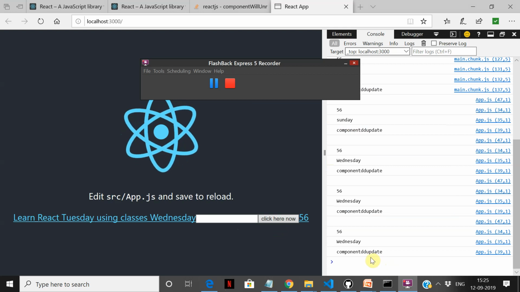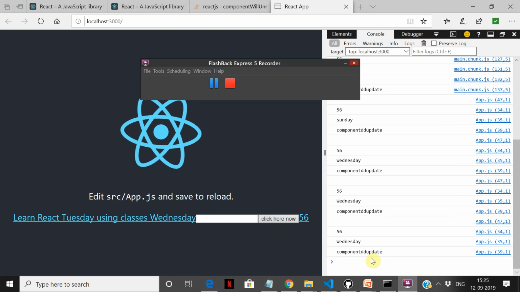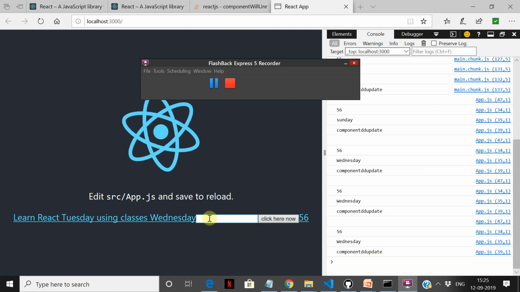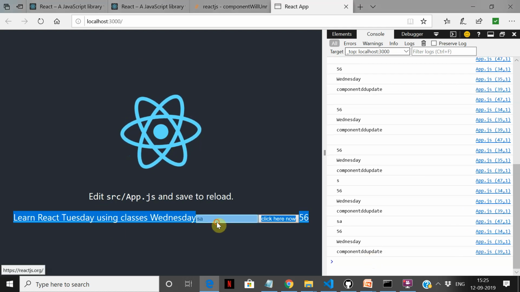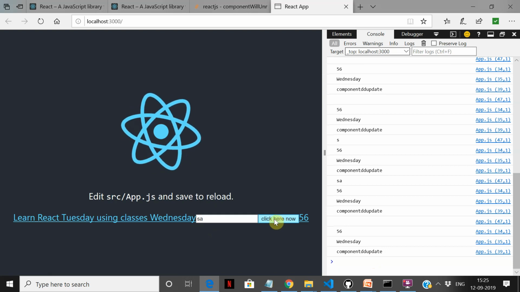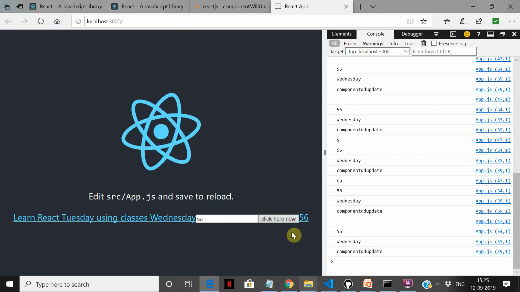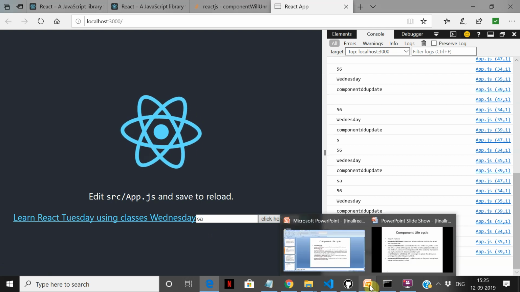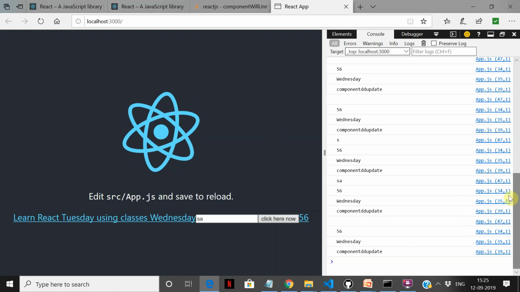So as you see here, componentWillUpdate keeps firing whenever the state changes. It will not fire when we do entry here, but only when we make a state or a prop change will it fire. So you can use these methods as per the requirement.